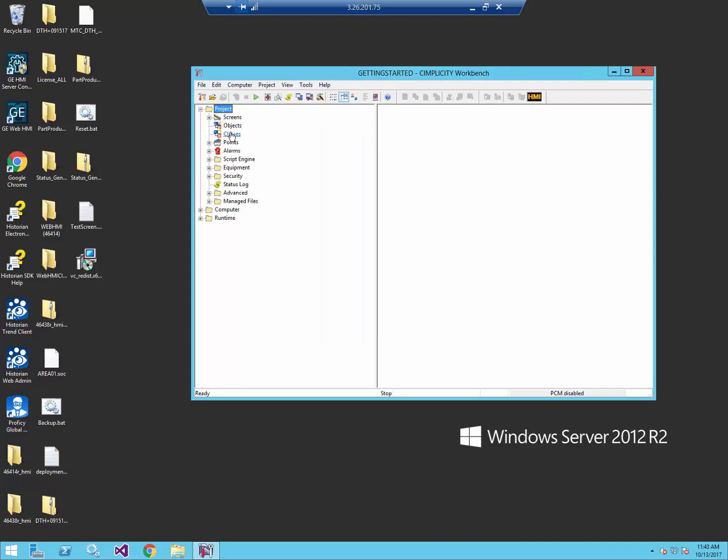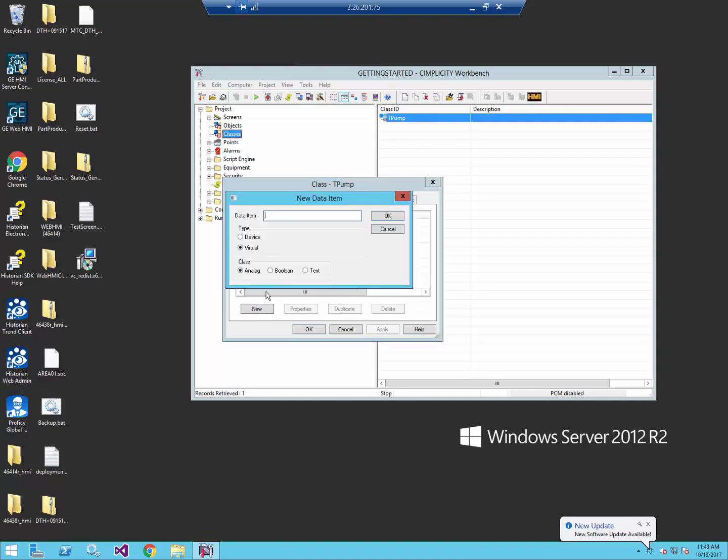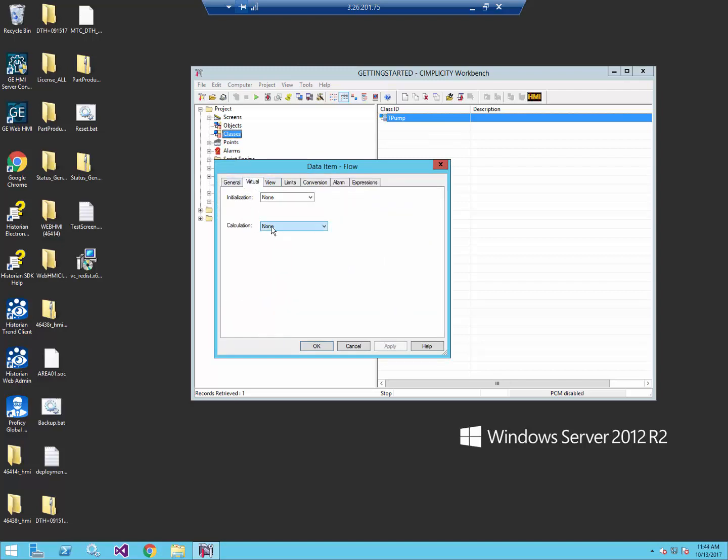we're going to go back into our tpump class from before, and we're going to add a data item that we want to trend. And for this pump, we're going to track the flow. So we're going to create an analog virtual point in this case, a calculated point, and we're going to base this just so we have some moving data on our project date second